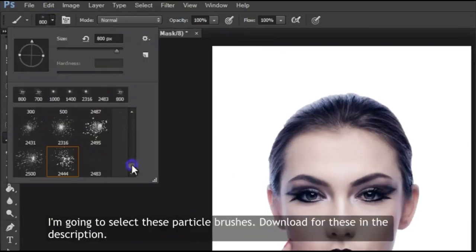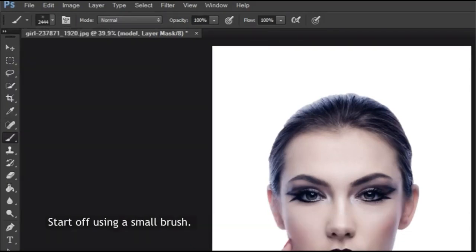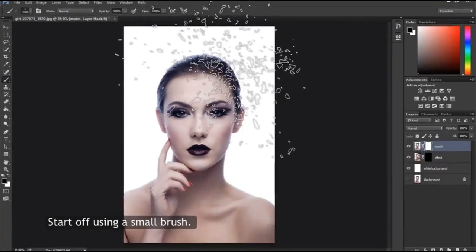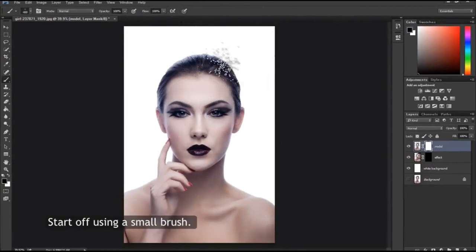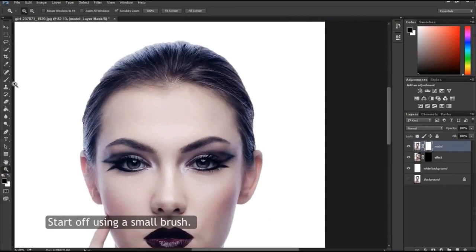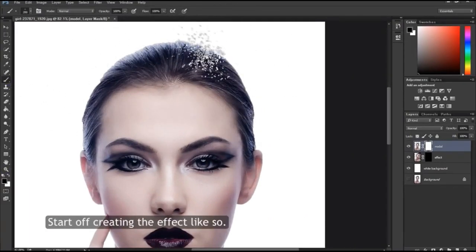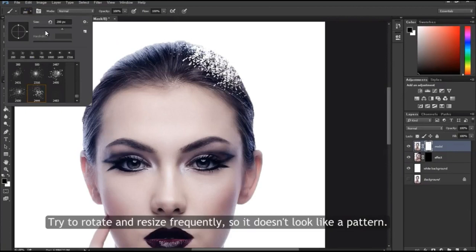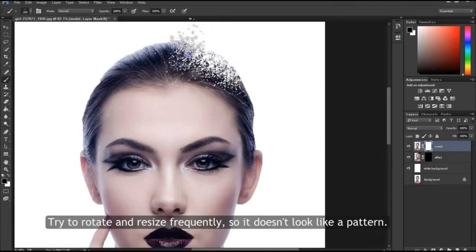And now we're going to select this paintbrush. I included these paintbrushes in the description of the video so you can check it out. This is a part where you are going to do something very carefully. You're going to start doing some touches on the top and right in that part of the model, little by little,